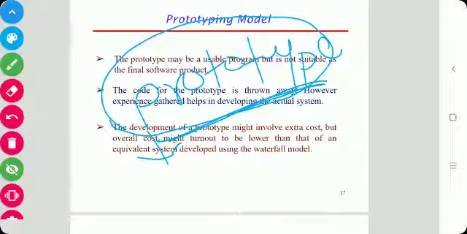The feedback may be an error correction, or it may be an enhancement of the prototype. So obviously we can get a reasonable product specification document, and that is correct because the prototype is reviewed by the customer.